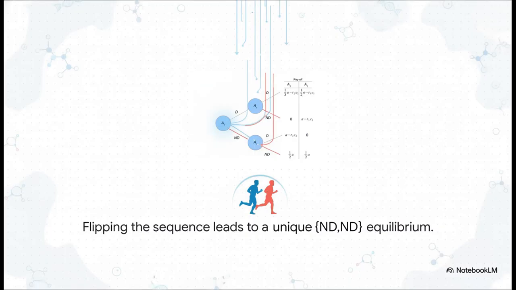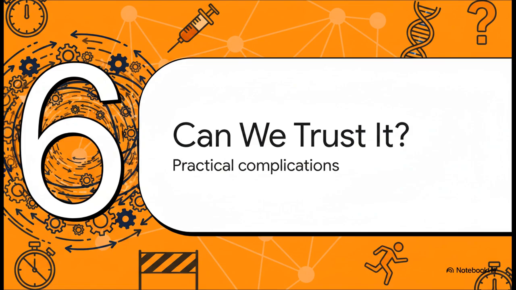And this brilliantly illustrates the absolute power of game theory. In this final sequence, Player 2 goes first and announces no doping. Because of how the math shakes out, Player 1 is now forced into a strategic corner where their only rational reply is also no doping. By flipping the sequence and letting the culturally restricted player lead, we reach a unique no doping equilibrium. In theory, all doping completely disappears. It's mathematically solved. Which leads us to our final part.